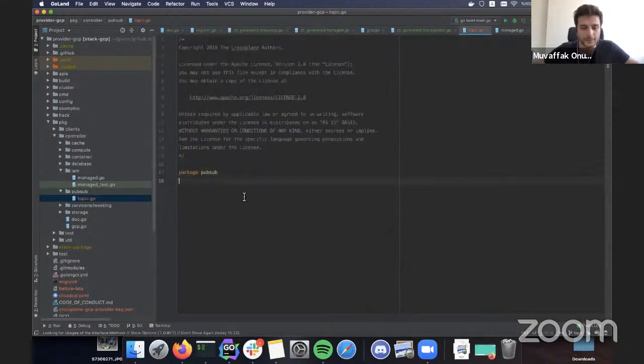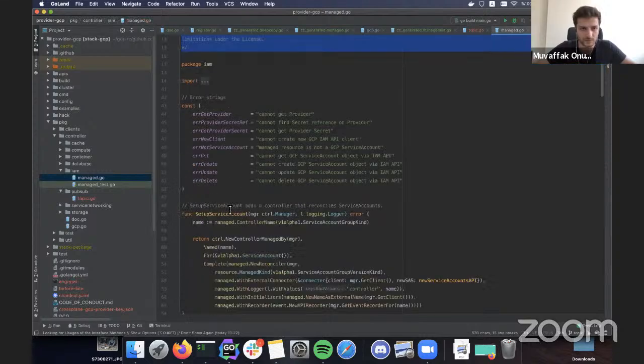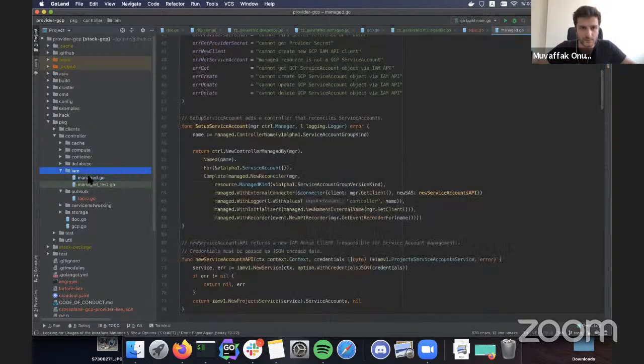All right. So when we have a controller, the first thing we do is register it to the actual manager. In controller runtime, you've got one manager per your executable, which is Mangum in this case, but all other controllers run as different Go routines. So we have to set up and register it. When you look at the IAM implementation here, you've got a set up service account.